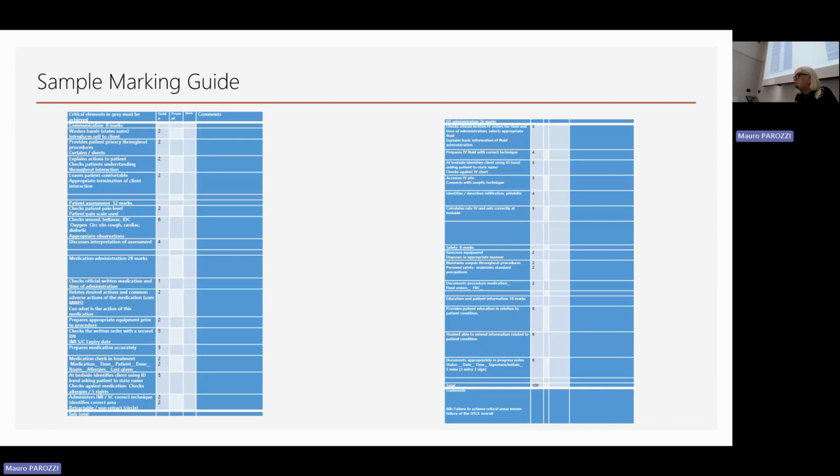The patient assessment: did they do a pain assessment, check the wounds, appropriate observation, etc. So you can tailor these charts to whatever your scenario is. The medication administration: did they check the official medication time, look at the desired and any adverse actions, prepare the appropriate equipment, check the written order with the second nurse, and your second examiner can be the one that they ask to come and check. They do the check, prepare it accurately, etc., all the way through. And then the IV administration, it's got the marks on there, etc.